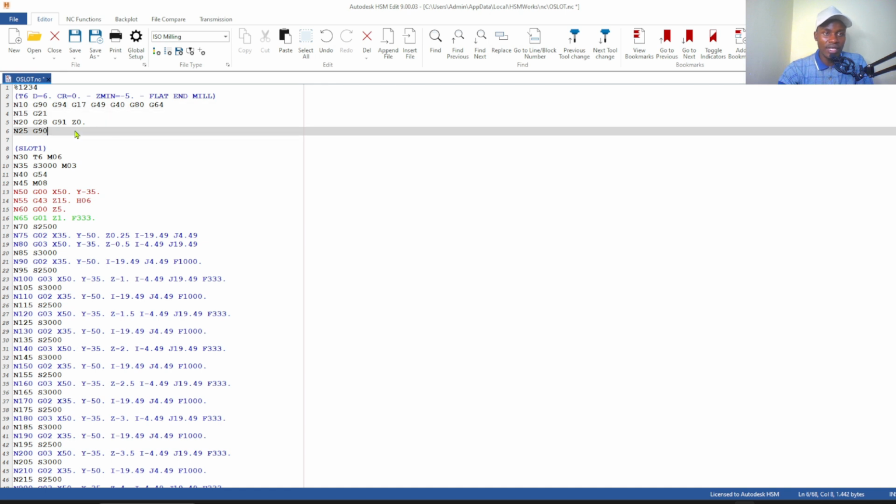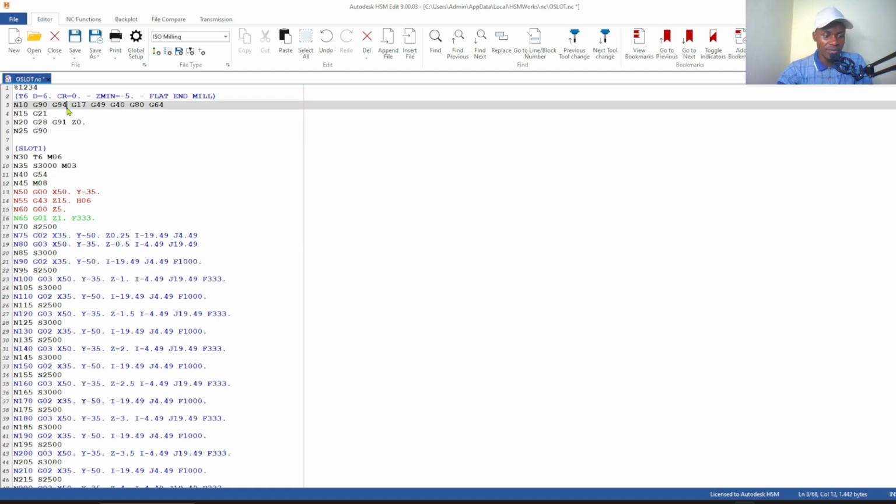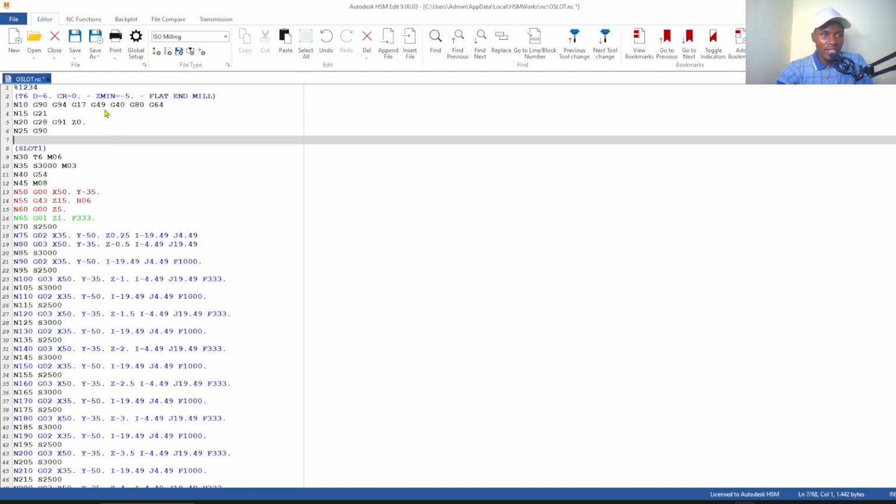It'll just turn on our feed rate per minute. Because it's 3000 RPM, that's feed rate per minute. Then there is G17. That's select XY plane operation. And then there is G49. This one cancels tool length offset. So if there is any tool length compensation available that was set by G43 or G44, it will cancel. Then there is G40. G40 will cancel tool radius compensation.